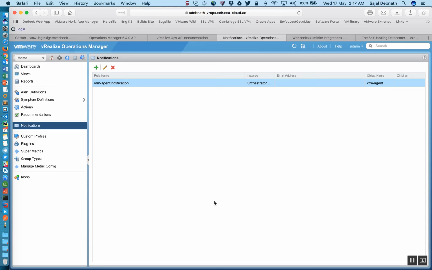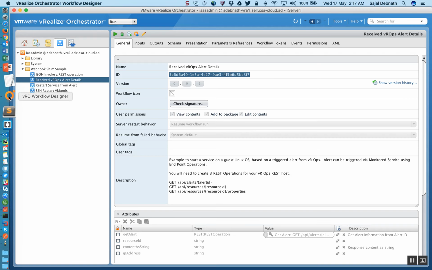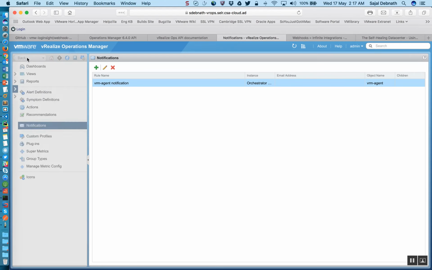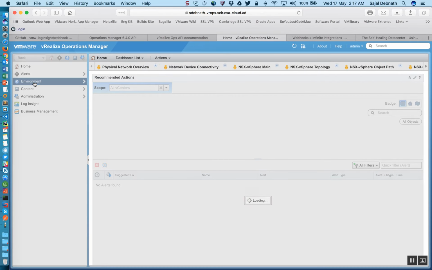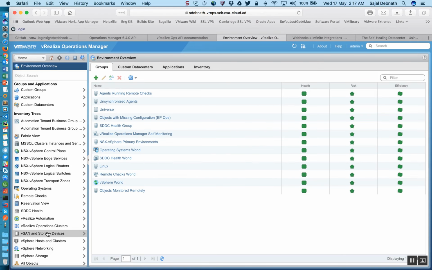Right? So now I have configured that entire environment so that if that alert comes, it would send me a notification to vRO. I have configured my webhook, and vRO is configured so that this particular task should be run. Now let's go back and select in my environment where that particular